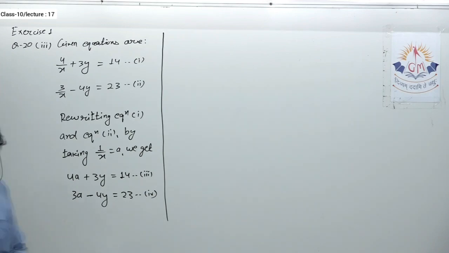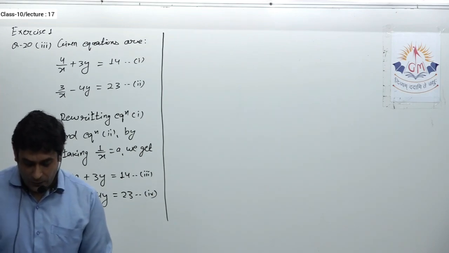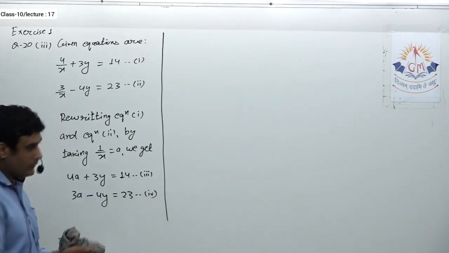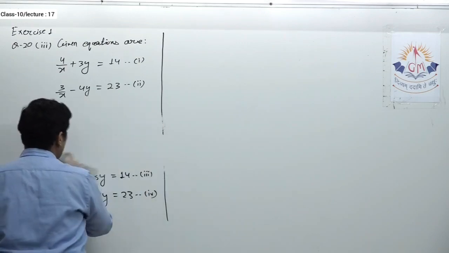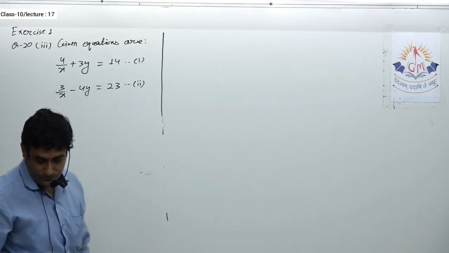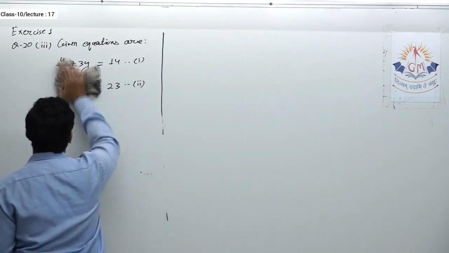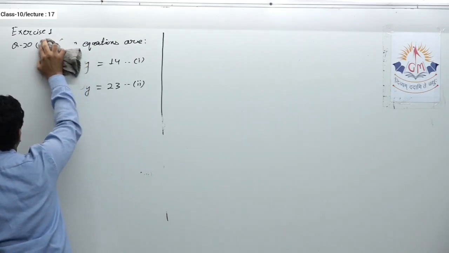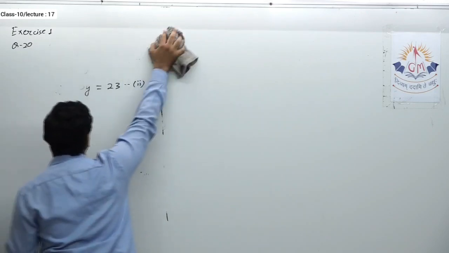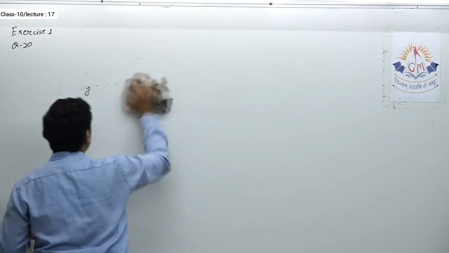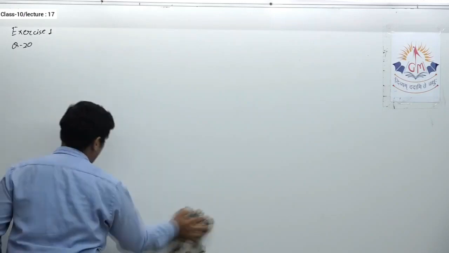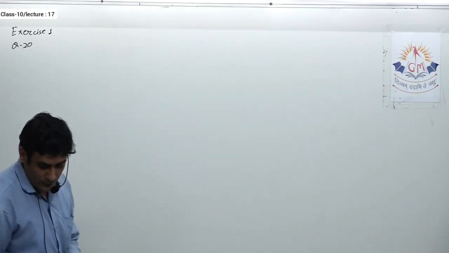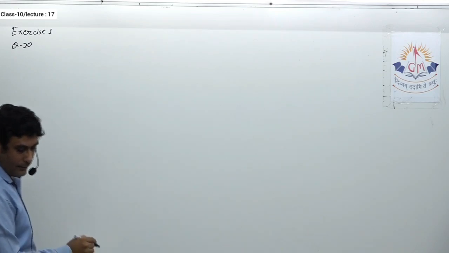Okay, so now we'll come to question number 5. Question number 4, this type of question we have already done, so I'm skipping this and now we'll see question number 5. However, when I solve this, you'll also find that this type of question has been already discussed, but still here we'll start question number 5. 7x minus 2y.